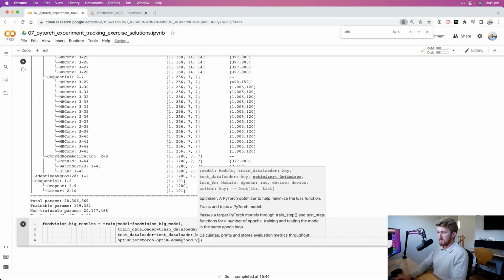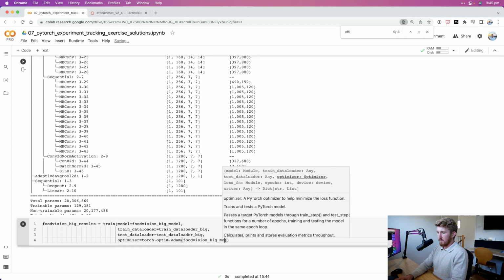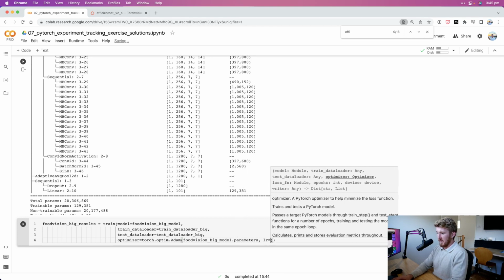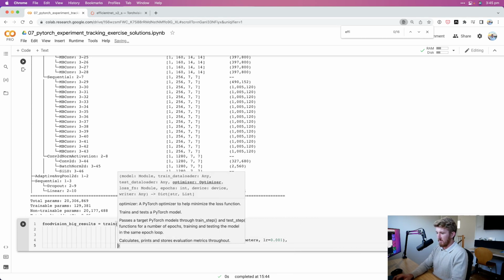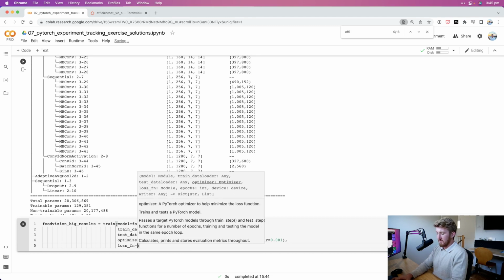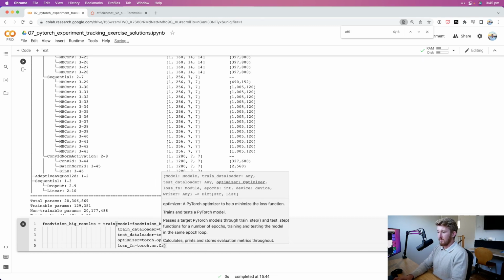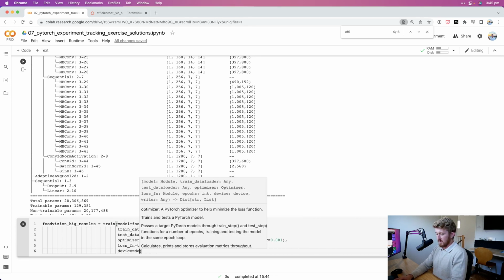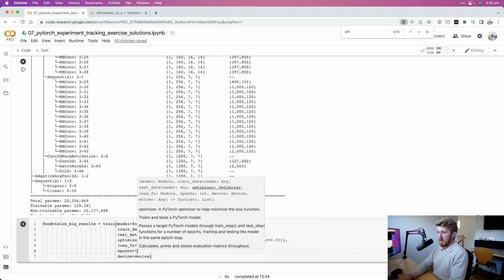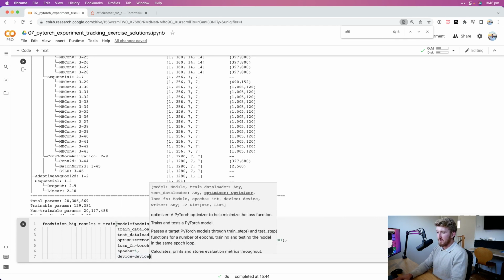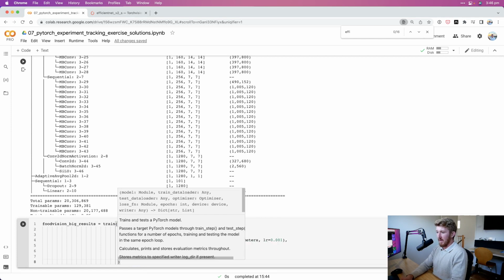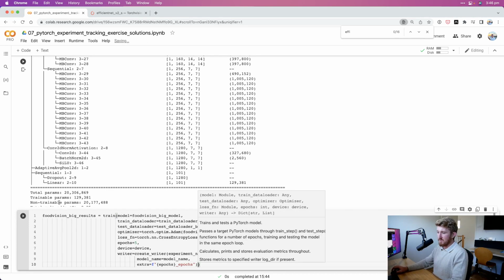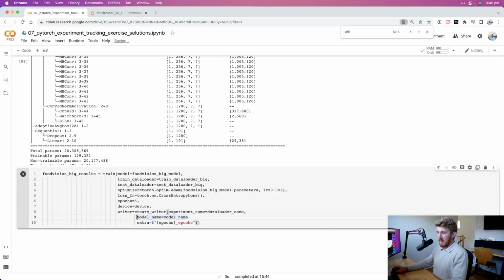We'll go FoodVision Big model.parameters, and the LR can be 0.001, just like we've done before. Loss function equals torch.nn.CrossEntropyLoss, and then device equals device. Epochs equals 5, only 5 epochs for this big model to start off with, and then the writer can equal create writer, experiment name equals,